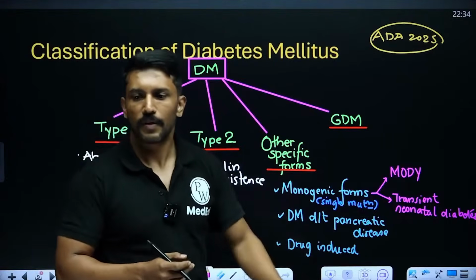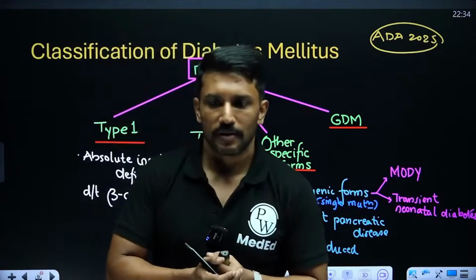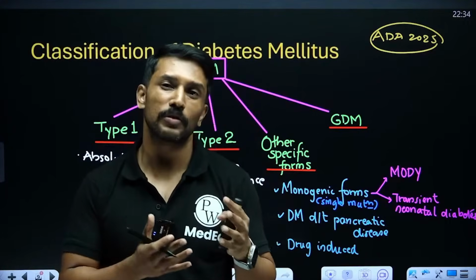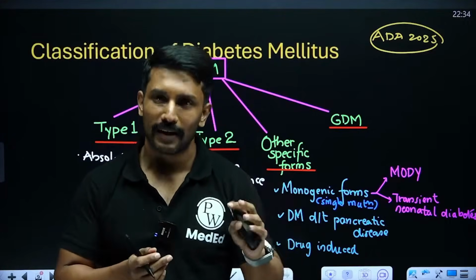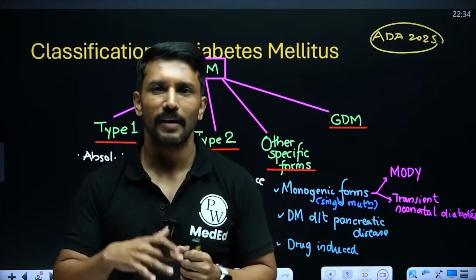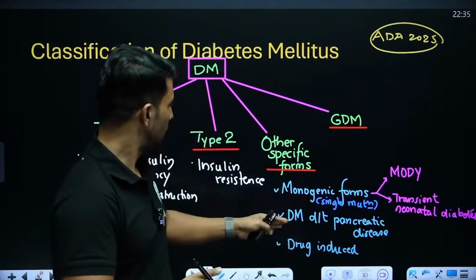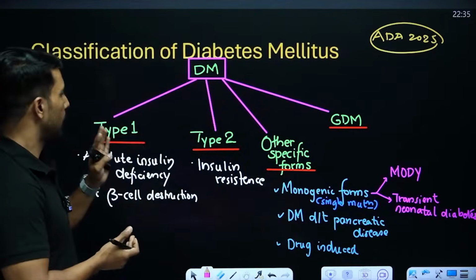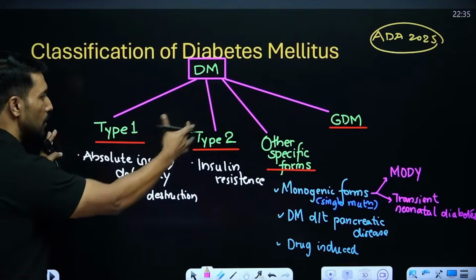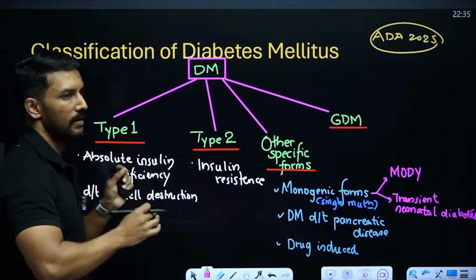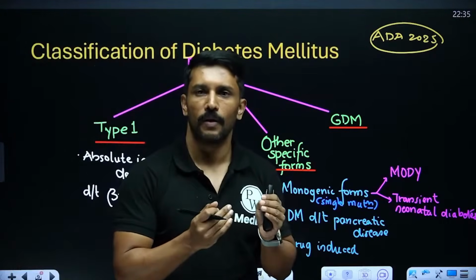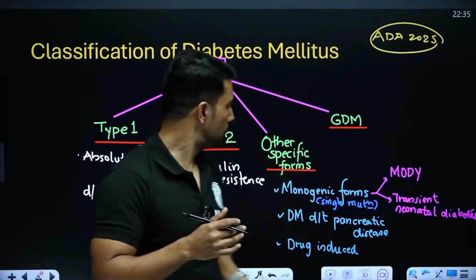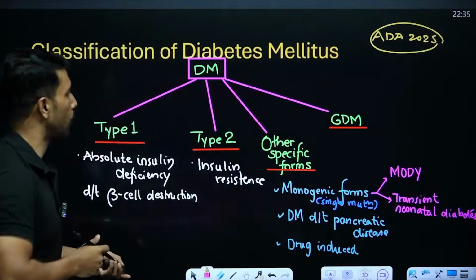Drug wise, one of the common drugs that we all are familiar with is the use of glucocorticoids. Then some immunosuppressants like cyclosporin, tacrolimus are also known to cause hyperglycemia. They can also induce diabetes. So these are other specific forms. Okay. Now we will study these individual types. We will learn how to diagnose them, what are the shared features and what are the differentiating features, and then we will talk about some rare forms.